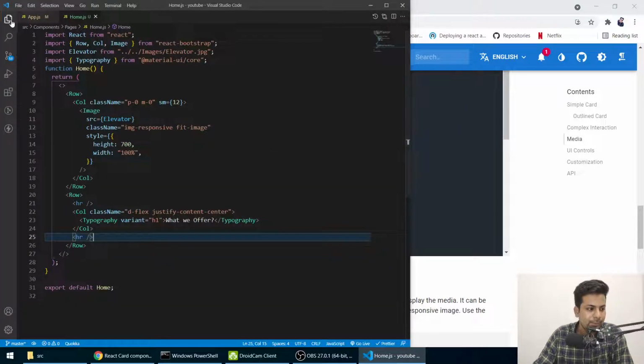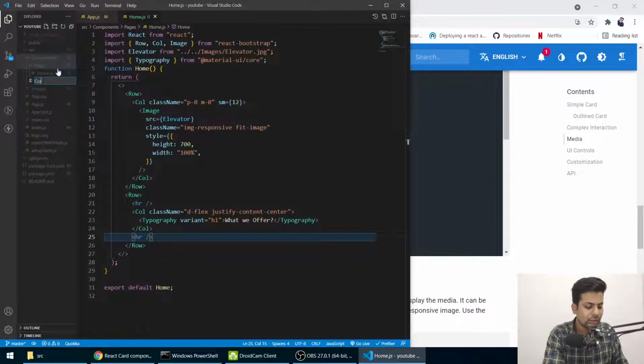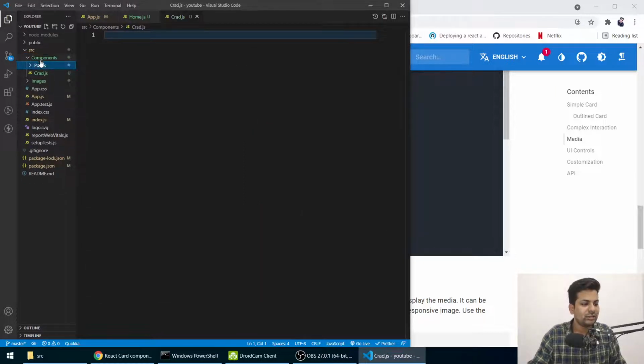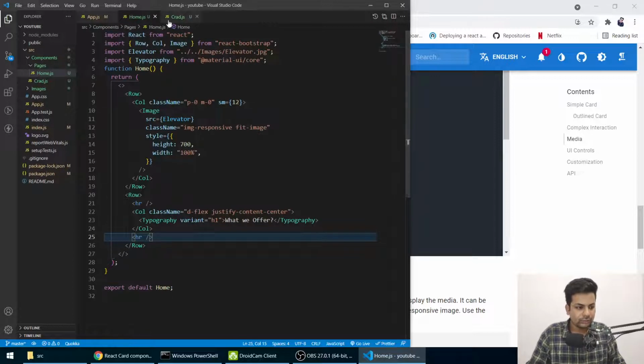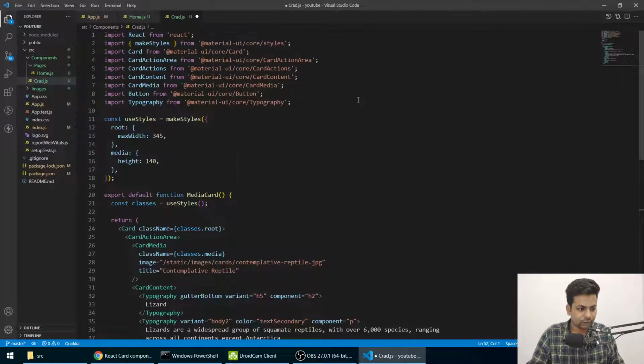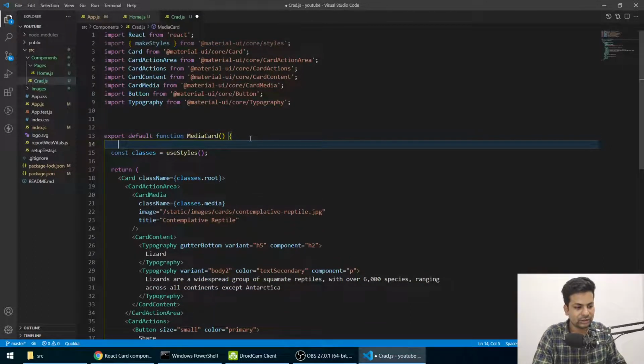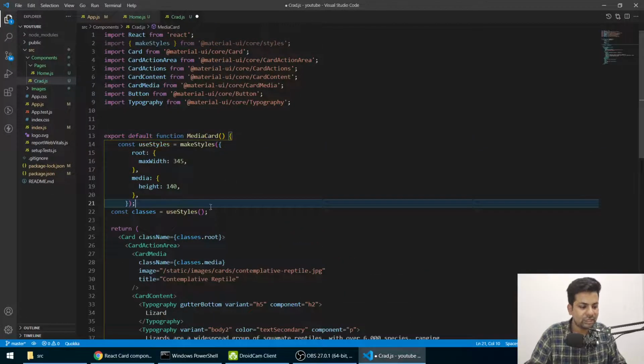Now go here and in the components, make a new file called card.js. Just card.js, nothing else. Now just paste it. There's too much, so just cut this out, press enter after this and paste it before the styles.